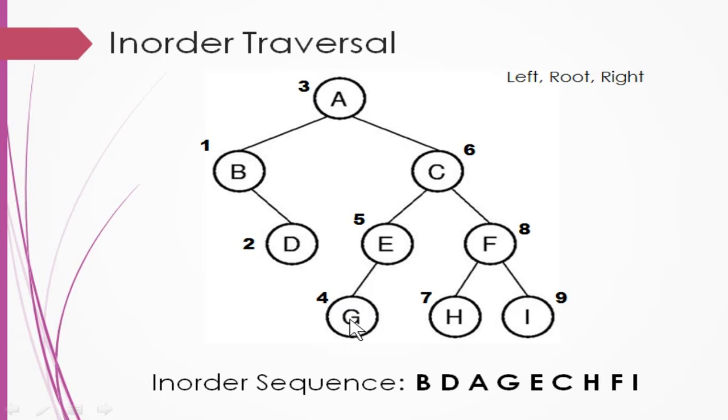Again you got one more node, that is E. So you have to go to the last point. Okay, so the last left node is G. So that has to be written next in the sequence. So G is written next in the sequence. Then root. Okay, so E will be written next, and you don't have right here. Okay, so you are going for the next root. So C will be written next in the sequence.